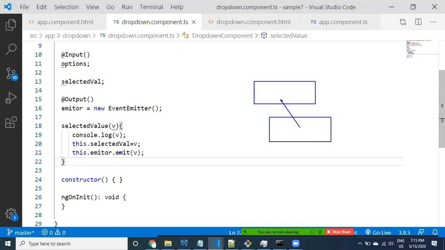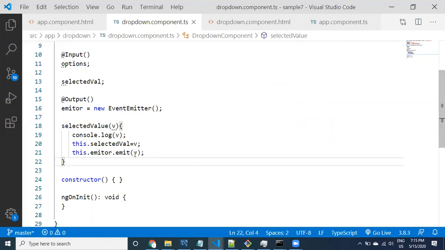Whatever you are emitting, this data is inside the event. Actually you are sending the event, and inside the event you have the data. Finally you are sending the data from child to parent, I know that. But how are you sending the data? By setting that data into the emitter. So emitter is an action. Remember that emitter is an action, so whatever action comes from the child, the parent has to handle it.